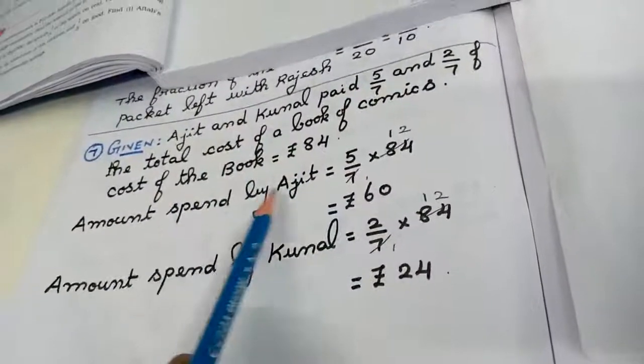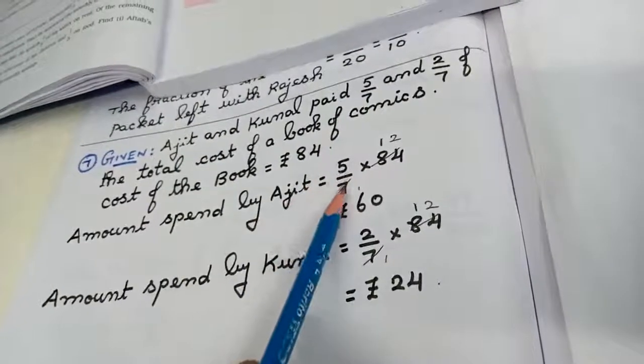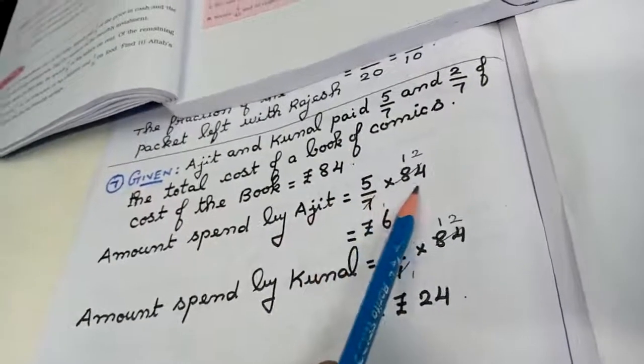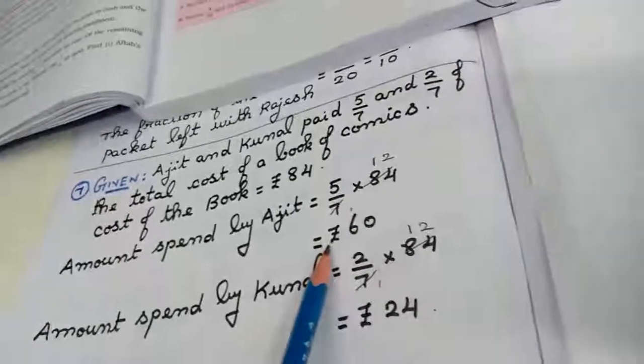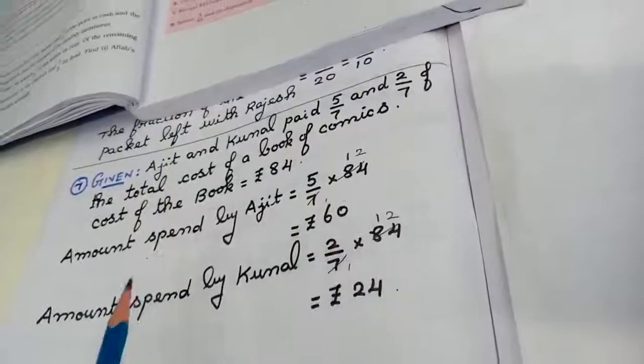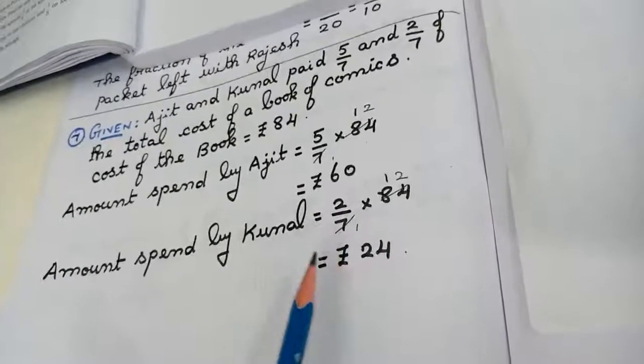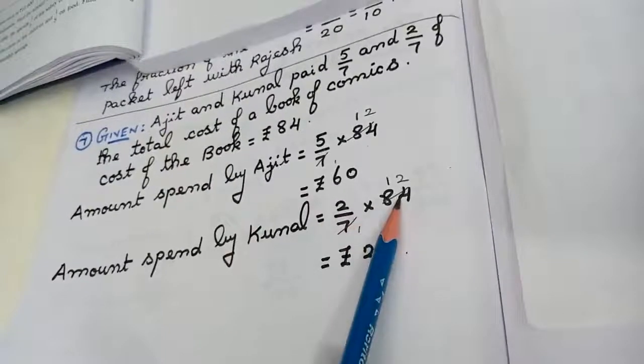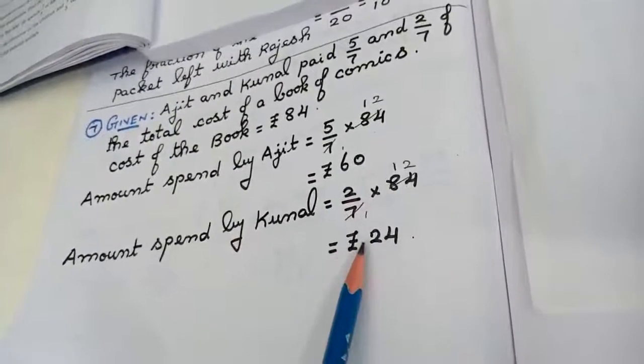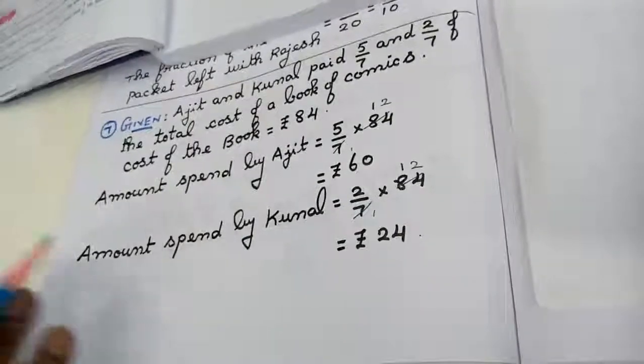The amount spent by Ajit is 5 by 7 into 84. If you calculate, you are going to get the amount as 60. And the amount spent by Kanal is 2 by 7, the fraction given there, into 84. If you calculate, you will get the value as 24. Coming to question